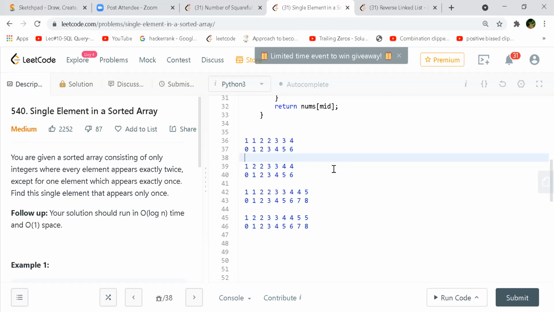Now I will go for the even positive case where the first half is perfect. In example 42, 43, 42 is the array and 43 is the indices. The middle element is 4, which is an even number. In case of even, mid and mid plus 1 should be equal if the first half is perfect.